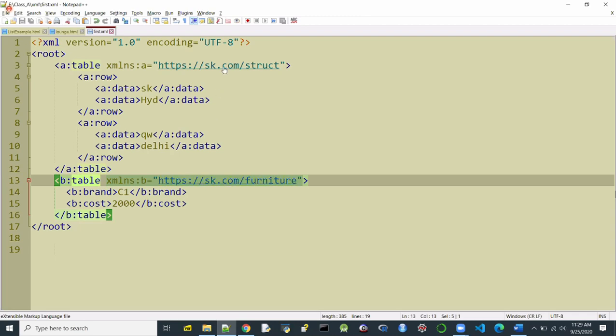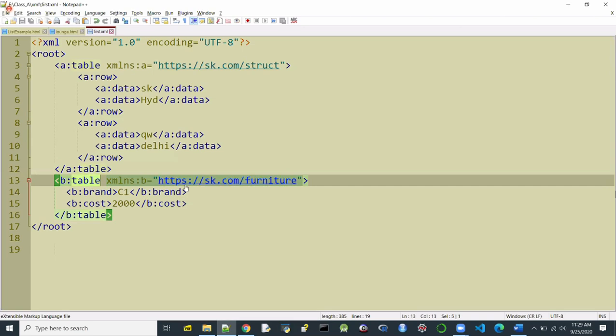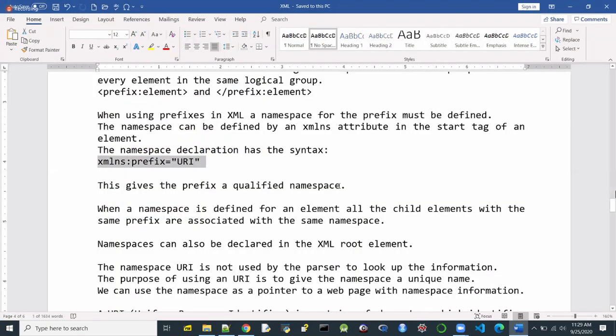So by using these documents, these URIs, and the information inside them, the parser or the software will be able to have a different understanding of the same name used in two different contexts. So here table means structure, here table means furniture. That information can be conveyed to the parsing software or processing software by means of this particular document. So namespaces are very advantageous.